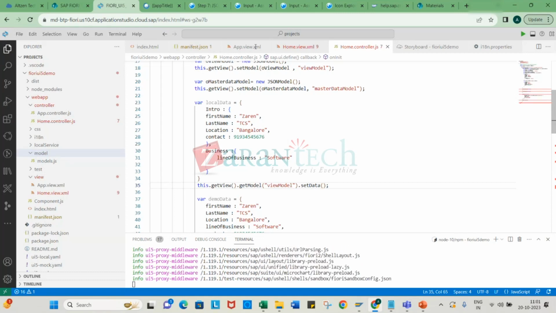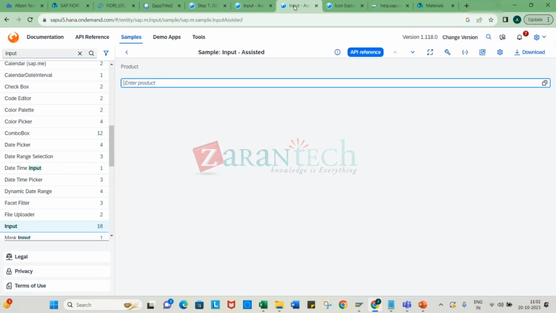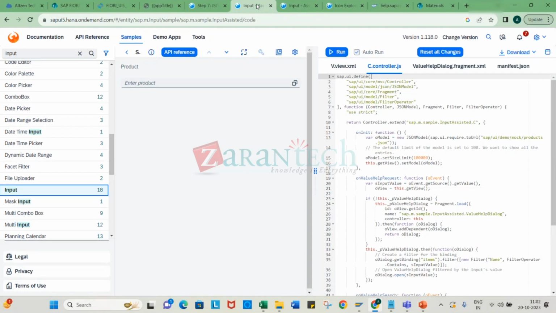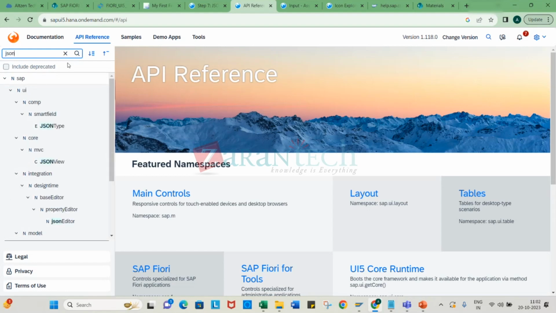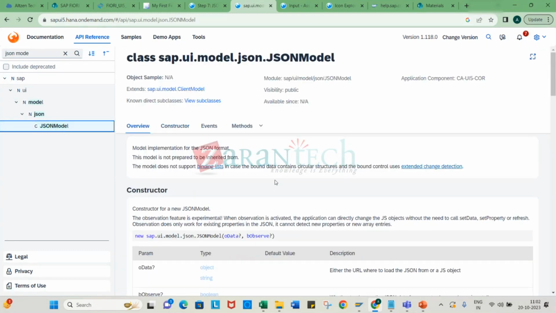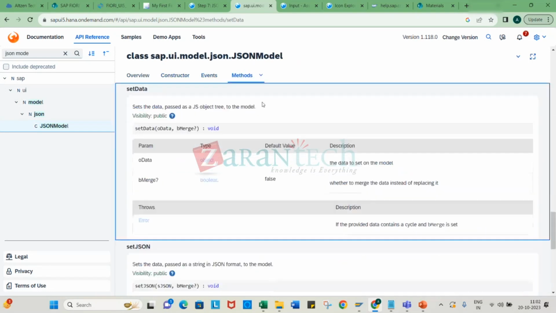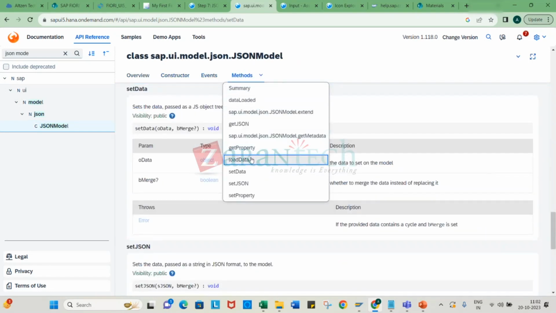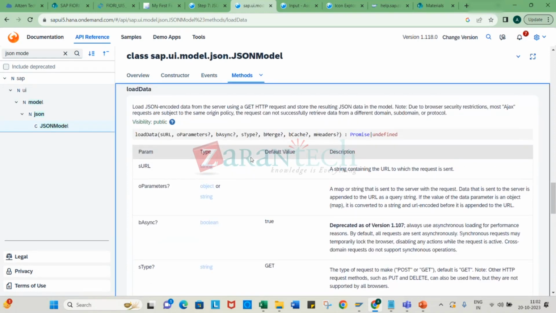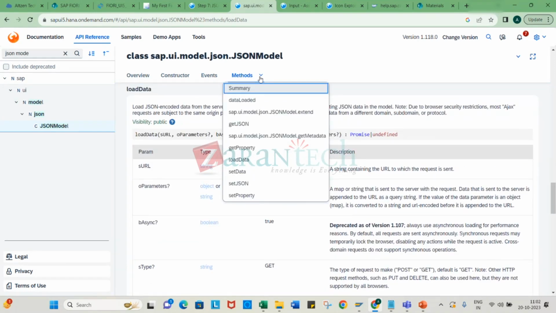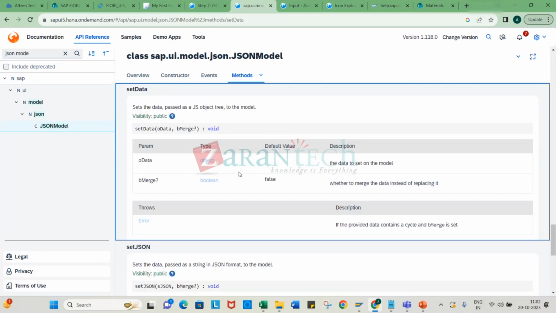There's a JSON model. If you want to deep dive into it, you will always have a reference to it. For example, you go to your JSON model here, and you will definitely find the information. Here you see the methods, all these things: setData, right? Then you have loadData. loadData is used when you are using some kind of file structure. setData is generally used whenever you are passing